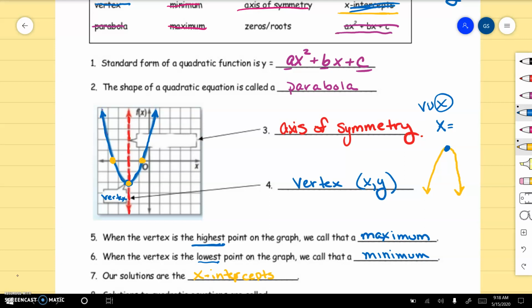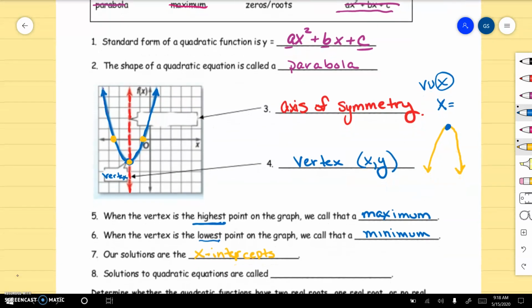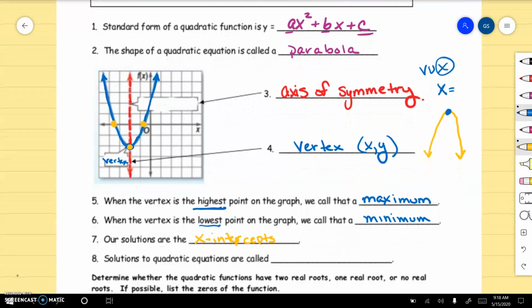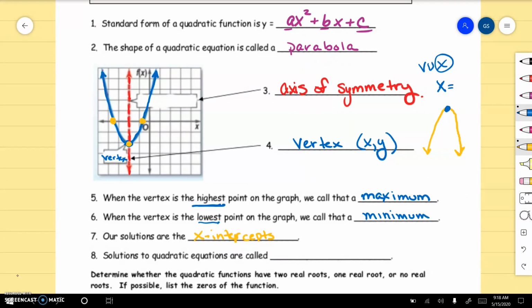Okay, cross that one out. All right, x-intercepts are where the graph crosses through the x-axis, just the way a y-intercept is where the graph passes through the y-axis. All right, next, solutions to the quadratic equations are called